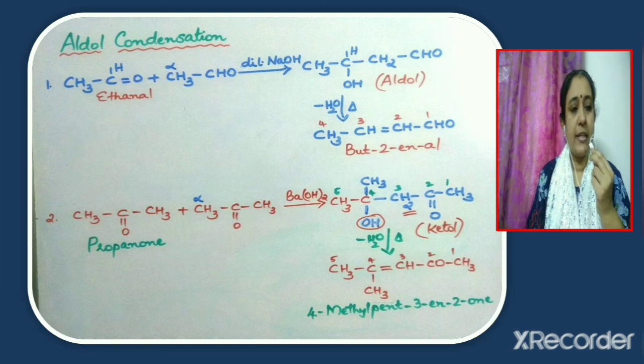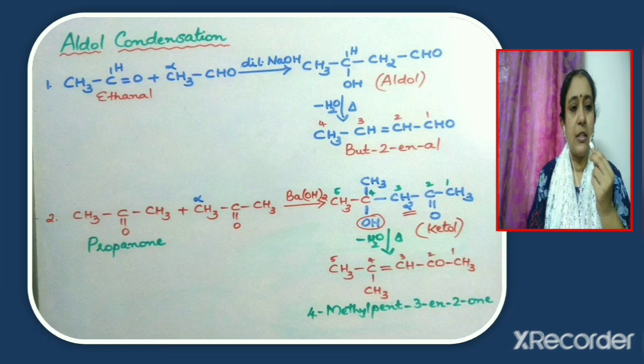This aldol, when heated, eliminates a molecule of water, and the final product obtained as a result of aldol condensation is an alpha beta unsaturated aldehyde or an alpha beta unsaturated ketone. We have seen how ethanal reacts in the presence of dilute NaOH. It gives first an aldol, which is